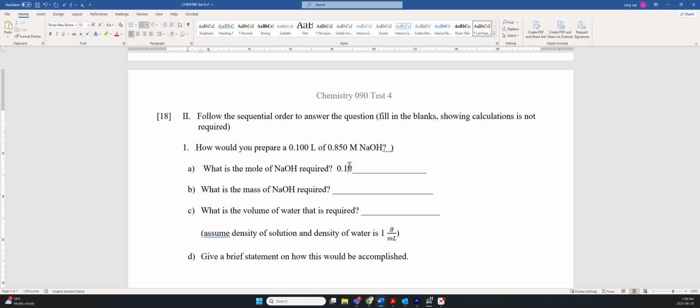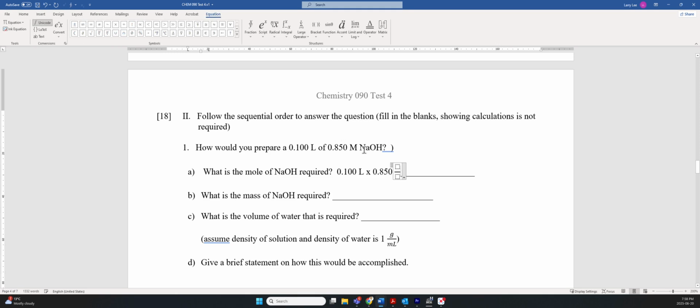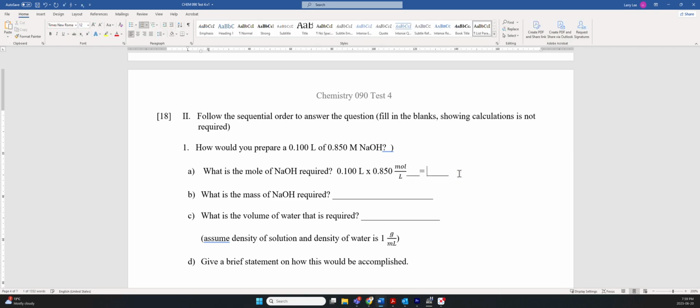This is 0.100 liters times, you don't need to show me the calculation here. I'm showing it to you so that you could see when we expand this M to moles per liter, you can see what cancels. Moles over liter, and you could get the cancellation right there, and the answer that is supposed to go in here is